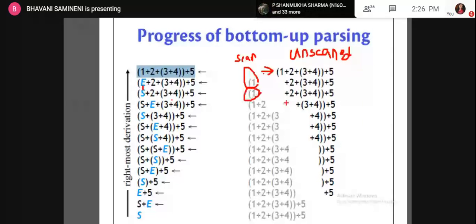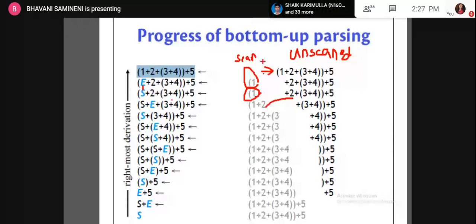What is the other input? Now I am reading this lookahead symbol 2. Now 2 is a handle, S2 is also a handle. We have performed the handle pruning on 2, and we got the E. And now S plus. In the same way, this process is going to be continued with the scanned input